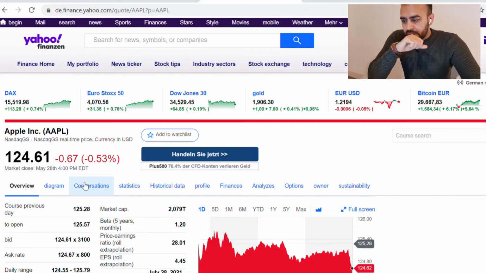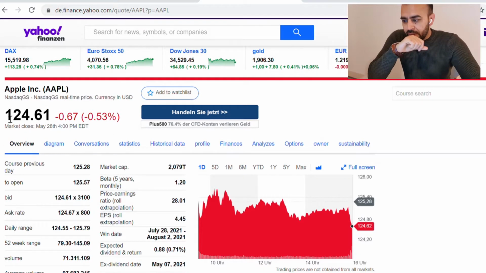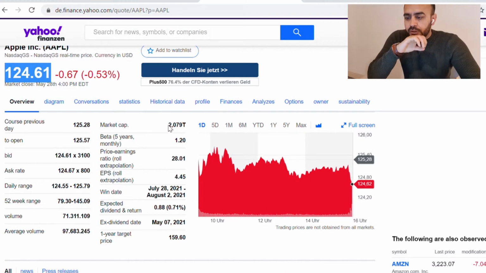So welcome back. Just like I mentioned, I'm going to talk about the fundamentals of a company so that you choose the right company for investment. Here is the example of Apple. You can see Apple right now is trading at 124 and its market cap is 2 trillion. So its profile is speaking for itself. The bigger the market cap, the more stable and solid the company is, and the less volatility you will see in that stock, unless there is a crash, like for instance